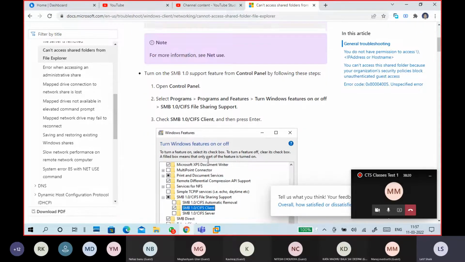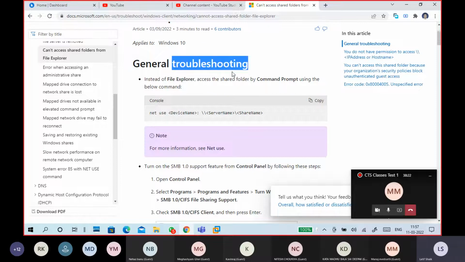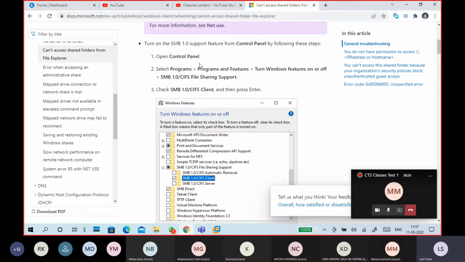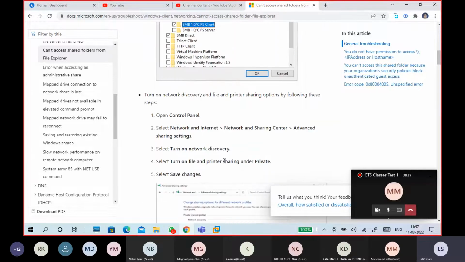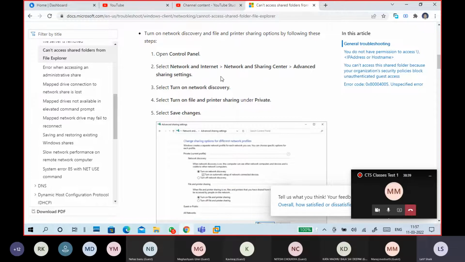So then they gave a certain troubleshooting procedure. Here it says go to Control Panel, turn Windows features on or off, and so on. Then where we have to go, we have to install. That is one solution given. Second, as I told yesterday,